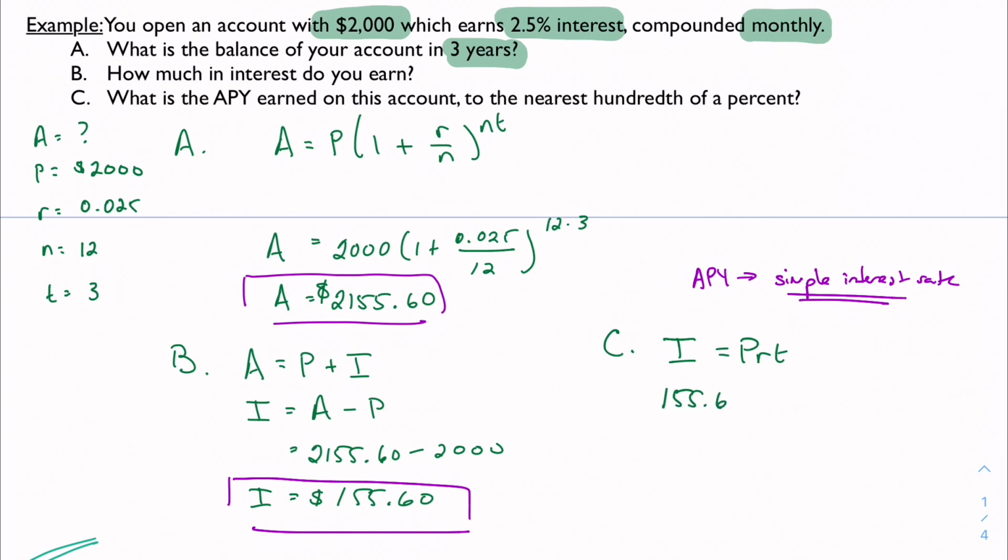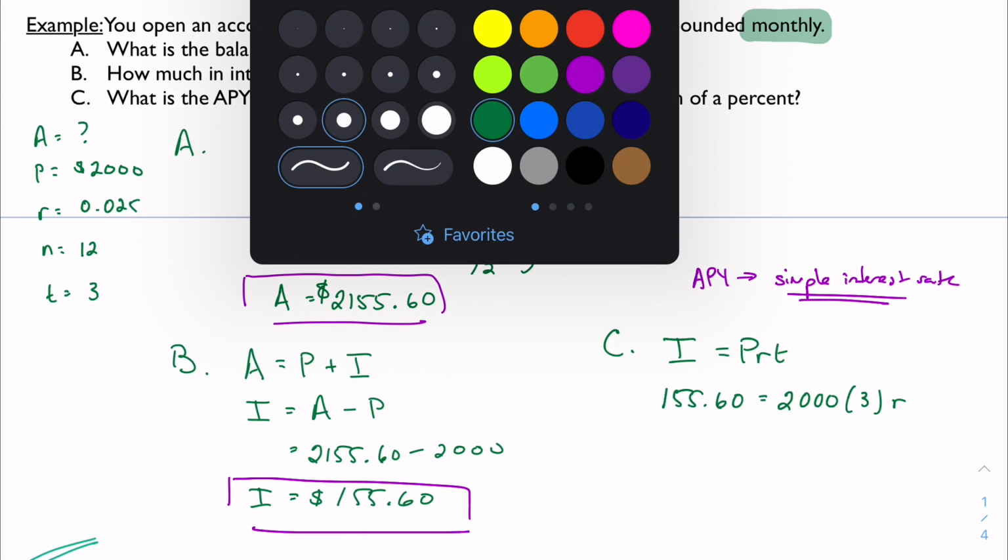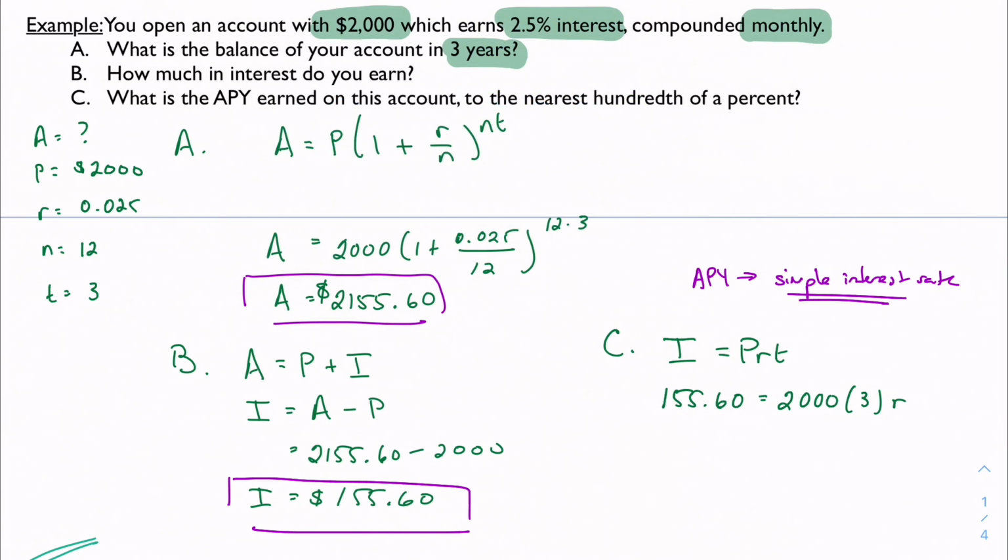I just made $155.60 in interest on an account opened with $2,000 over 3 years, and I don't know the rate. I see a lot of people, I've seen it in years past, try to plug in a number for the rate. But I'm trying to find the rate, right? I'm asking you to find the APY, which is a simple interest rate. So R is my unknown. So we would simplify the left, right? We'd have 6,000 R on the right. So I would divide to get R equal to